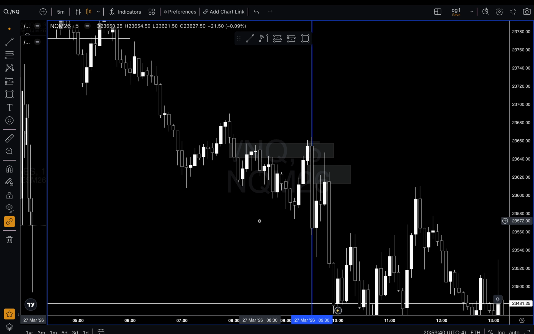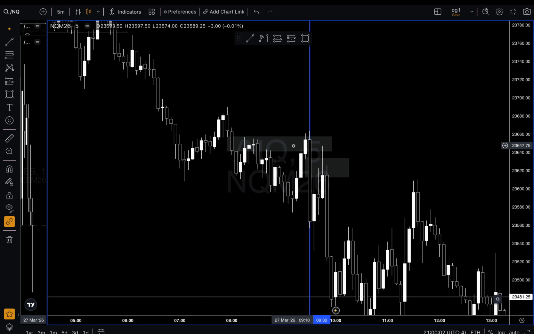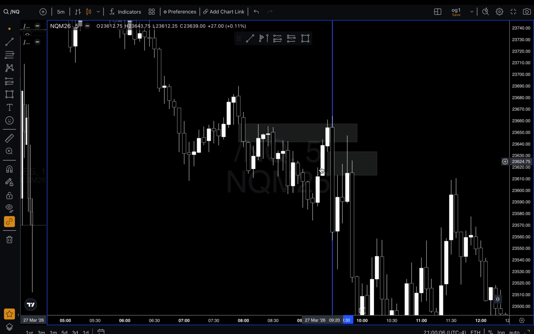But based off that concept alone, I'm not going to sway too far from it, because the main highlight here is these 5 minute pullbacks. I love these 5 minute pullbacks. When the market is truly bearish or truly bullish, you're going to see these 5 minute fair value gaps get respected quite a lot. Here, I was looking at this pre-market and I didn't get an entry on this.